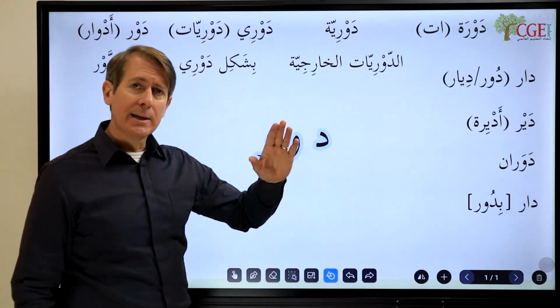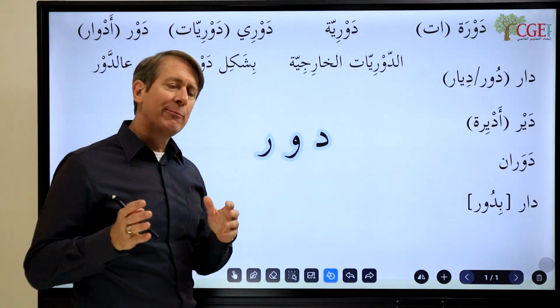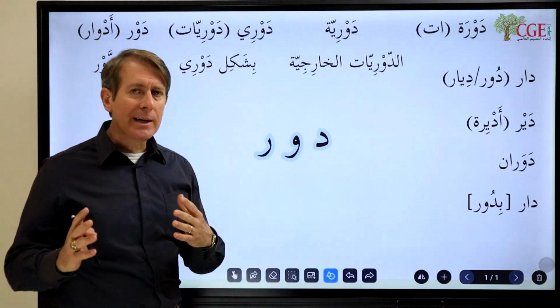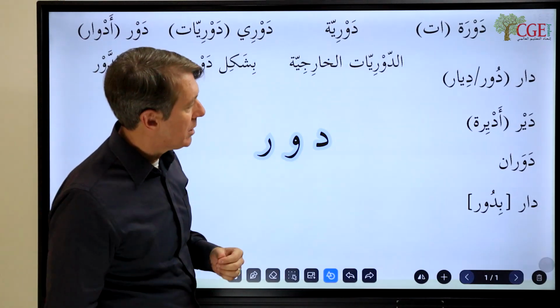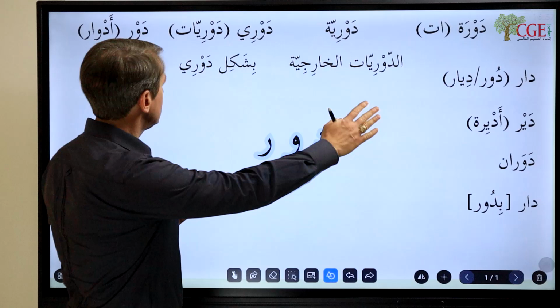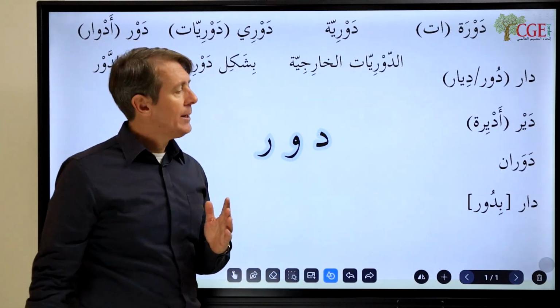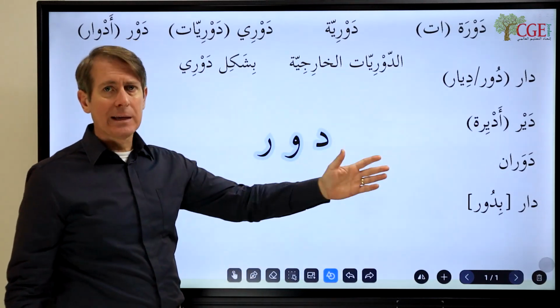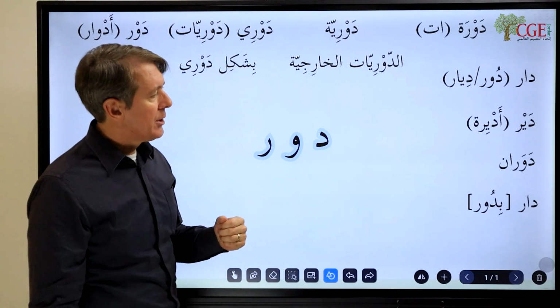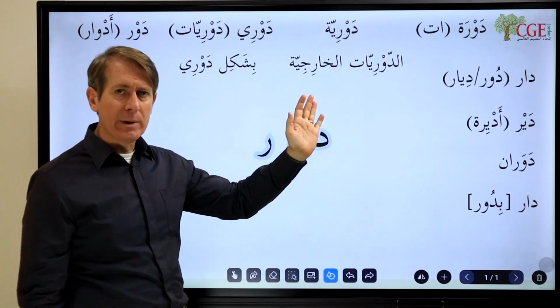And dawran is the noun. So sometimes we say lafu dawran, all right? Which means deceiving, trying to deceive people, all right? So the next one is the verb. All these form one. All of them form one. The form one, by the way, is in black. We'll give you form two will be different color so you can kind of see them. You'll know this is all black is going to be form one.